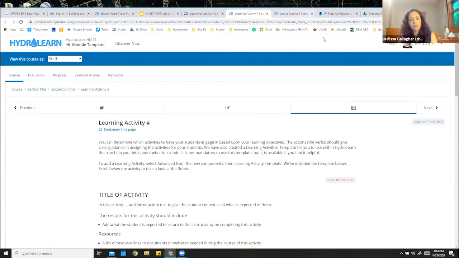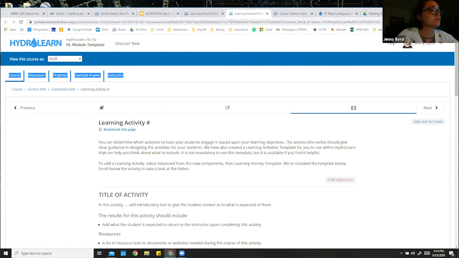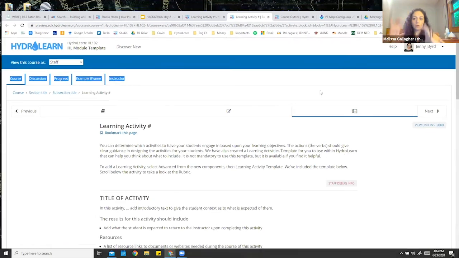I would say one other difference is that you can reorder the things that are within a unit, and you can only reorder the video if it's its own component. If it's within a text, then you can reorder the whole text box, but you can't move the video. It's harder to move the video, but that's only if you're planning on changing the order.